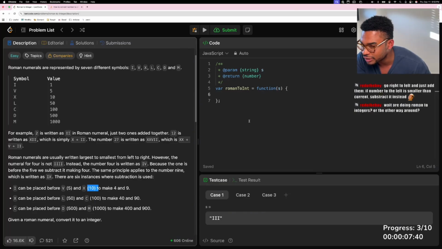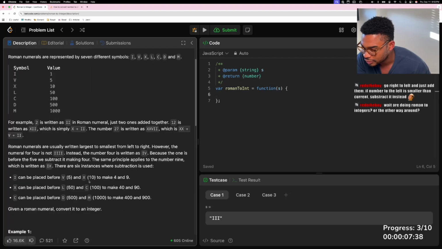We're doing Roman to integers. That's what this one is. It's Roman to integers. Yeah, we do